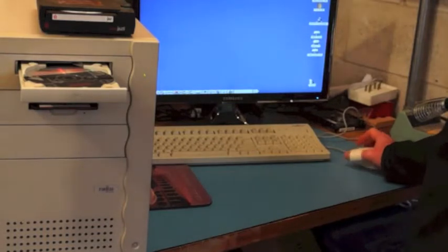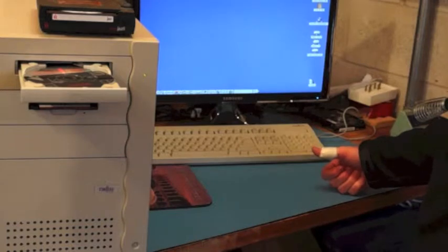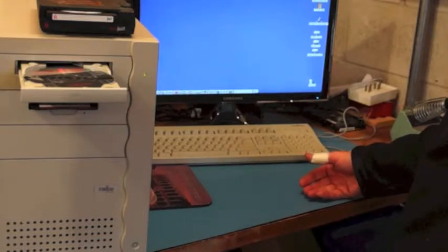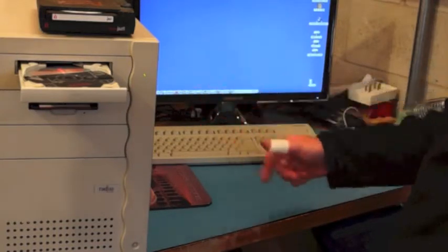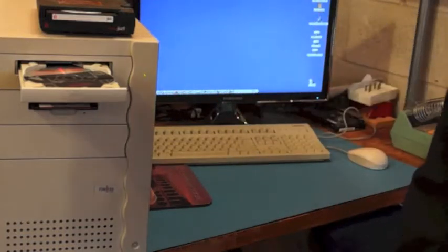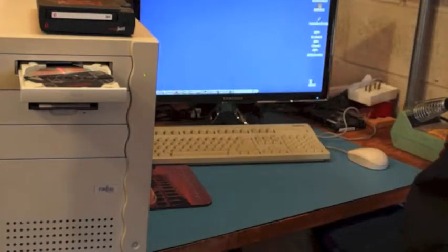It comes with the connector to get it onto the Ethernet. It's got the funny connection at the back, and you need a separate box to get it to an RJ45. That comes with it. It has internally two separate SCSI channels, and right now there's also a SCSI device, this Jaz drive, which is connected to the 25-pin connector at the back,